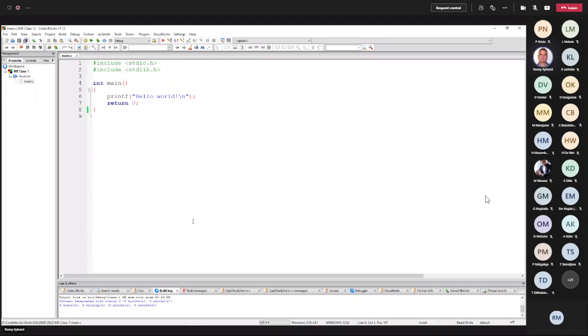Is there anybody that is still struggling with anything in terms of getting to this stage, where you've got a project set up, where this template is, and you are able to compile and run this template? Anybody that's still experiencing some issue of some kind?